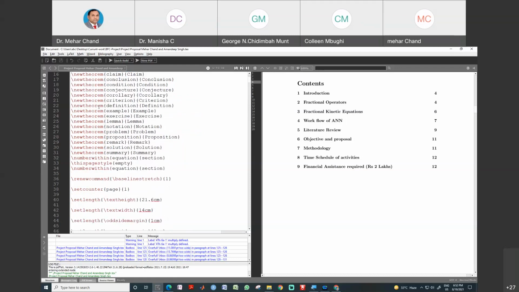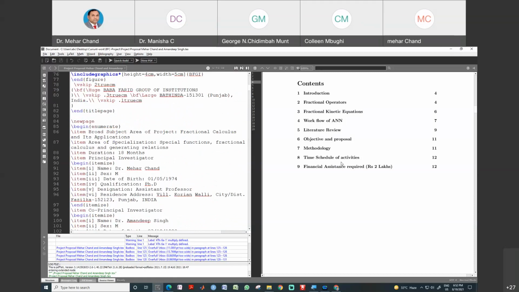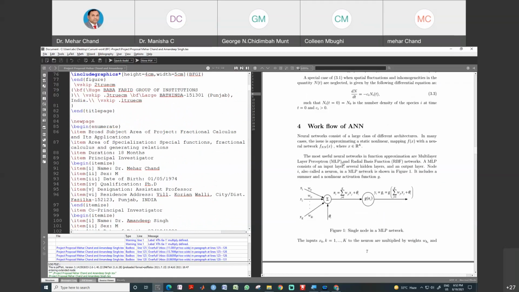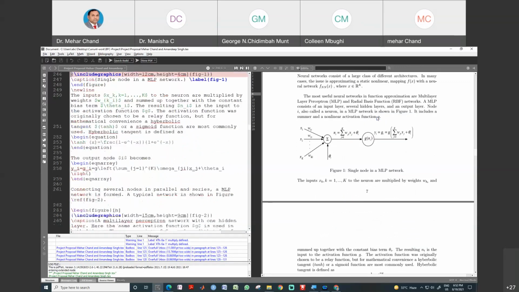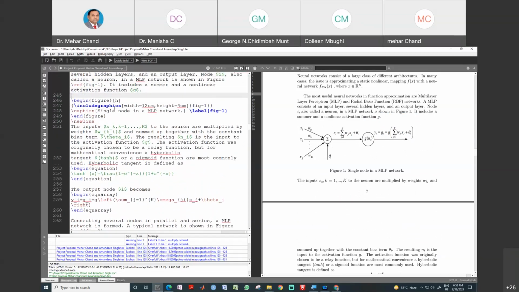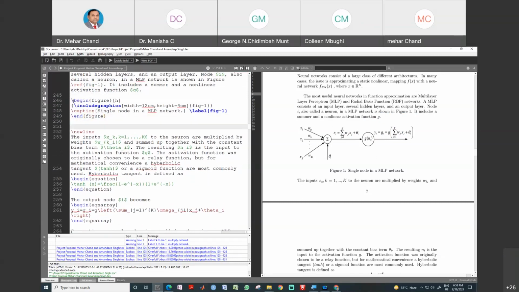Sir, can you show the code where you have used this figure file? Yes, I am showing. This is the figure, and this is the code. Very simple: click at this place and click to jump. As I mentioned, begin figure H, and end.